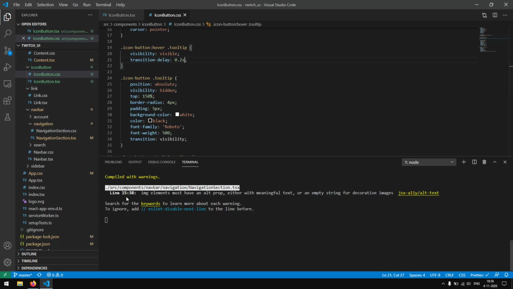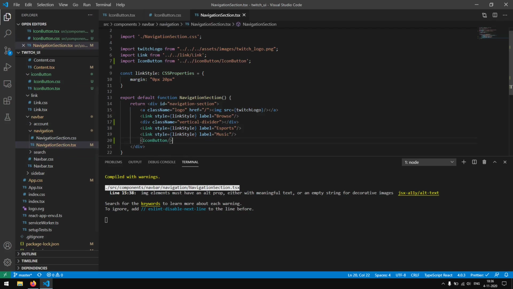That's nice. So to finish it off, we are going to fix one error, and the error is written here in the console, and it says image elements must have an alt prop, either with meaningful text or an empty string for decorative images, and it's in our navigation section.tsx. So right here we have an image for the logo. To fix this, we are going to give it